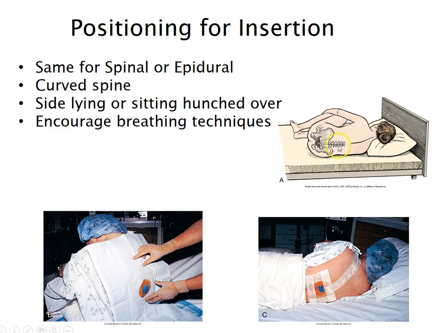So in order to get into the correct space between the vertebrae, the spine needs to be curved, okay? And it can be curved with the woman either laying on her side, bringing her knees up, or she can sit on the side of the bed and lean over, okay? It does the same thing to the spinal column, all right? So this is, you can see, this is the actual